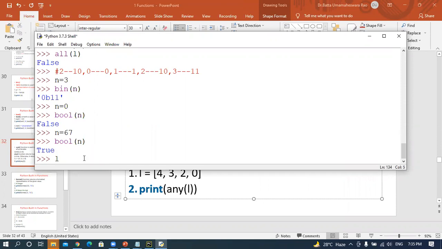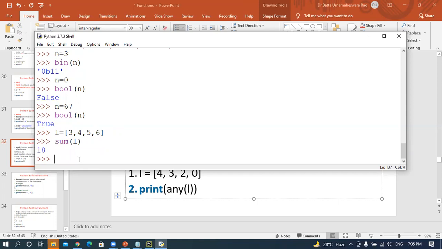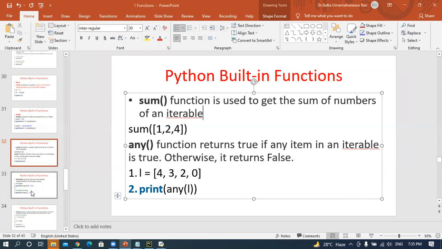For example, I am taking the list 3, 4, 5, 6. Here I am going to get the sum of L. Sum of L will print the sum of all elements in the list.